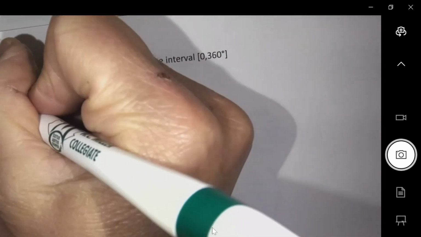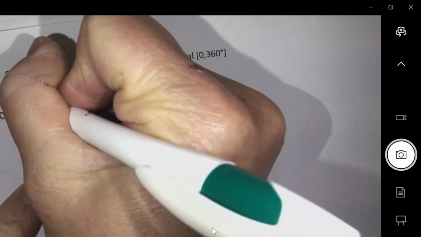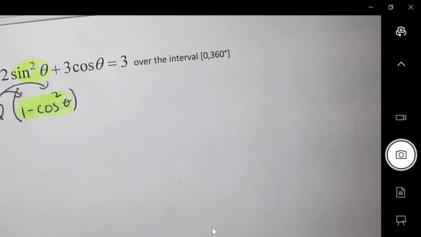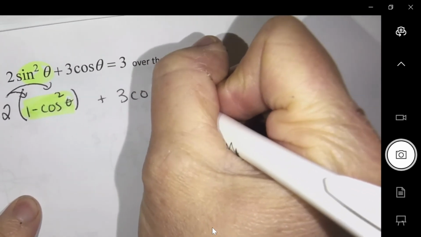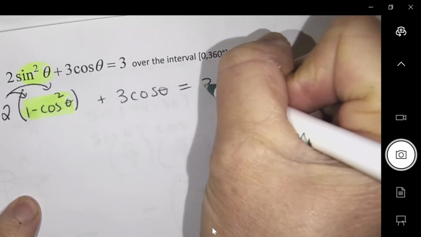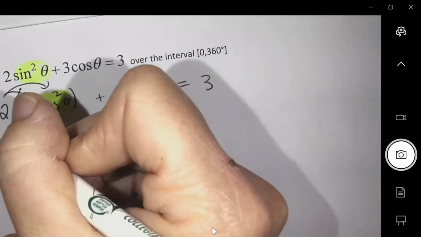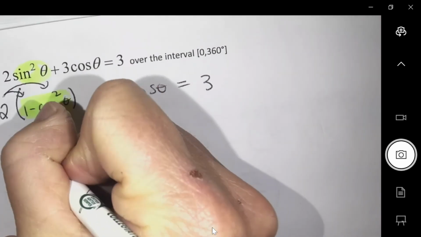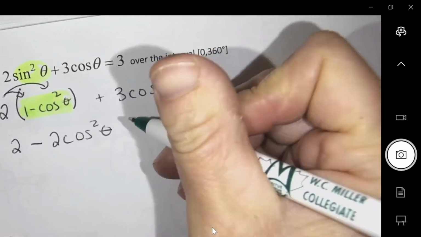This time I better make sure that I'm understanding there's a 2 times in that, so it's going to cause a 2 to times that whole unit. So 2 times that whole unit, so I'm going to go 2 minus 2 cos theta, or squared theta,